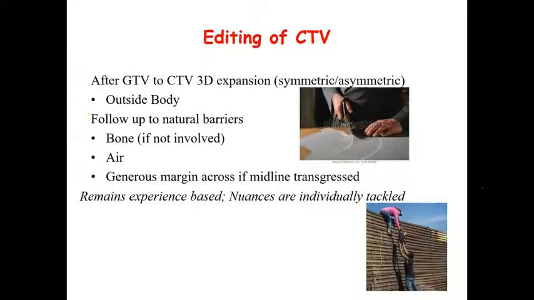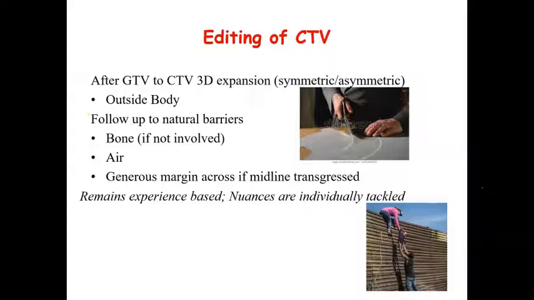Now, coming to how do we find our CTV in a particular case? We have a gross tumor, we can't see the CTV, so we expand the GTV in a particular dimension. So do we expand in all directions uniformly, or are we selective? The meaning thereby, does the tumor microscopic spread occur uniformly, or does it have a certain spread liking? So the answer is no, it does not spread uniformly.